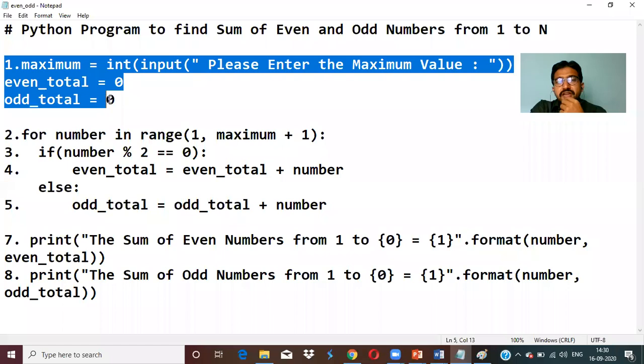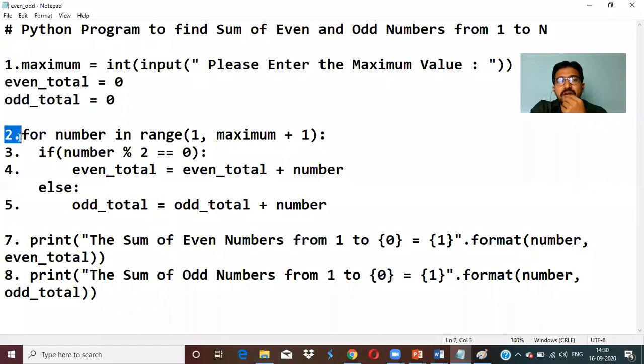I keep all 3 lines as 1 number, right? Next, for loop, line number 2. For if, line number 3. For condition true, line number 4. Else, no number is required. Else, fifth line, if it is false.